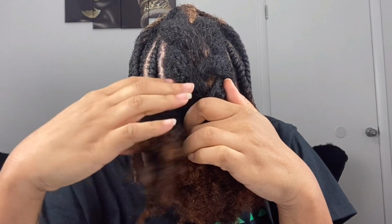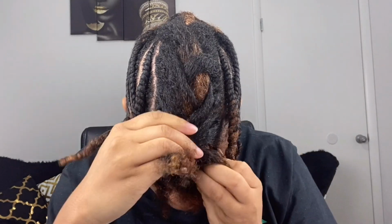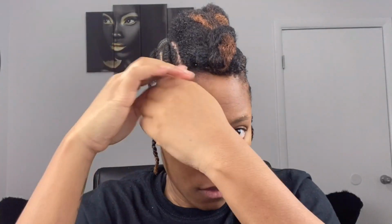I wish I had footage to show you better or clearer, but hey, when you're doing your own hair, man, it's hard. It's hard to try to record. I don't have the right mirror set up and all that good stuff, but this is what I ended up with. I pinned that little tail up under itself, and then I pinned the twist that I did coming forward and made like this little tribal type of situation. I like it. And then I just added some of those little jewelry clip things, those little silver filigree clips on both sides. I was gonna do beads on the ends of my twist on the side of my hair, but